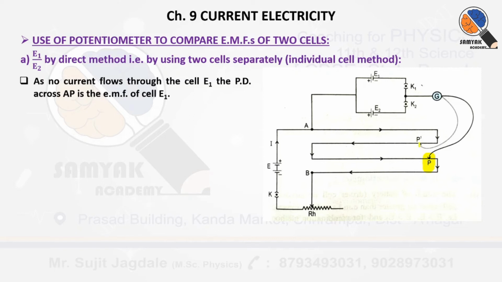It may be on the 1st branch, it may be on 2nd, 3rd or 4th branch. That means it may be between 0 to 100, 100 to 200, 200 to 300 or 300 to 400. Any value can be obtained depending on which type of cell we had connected into the circuit.